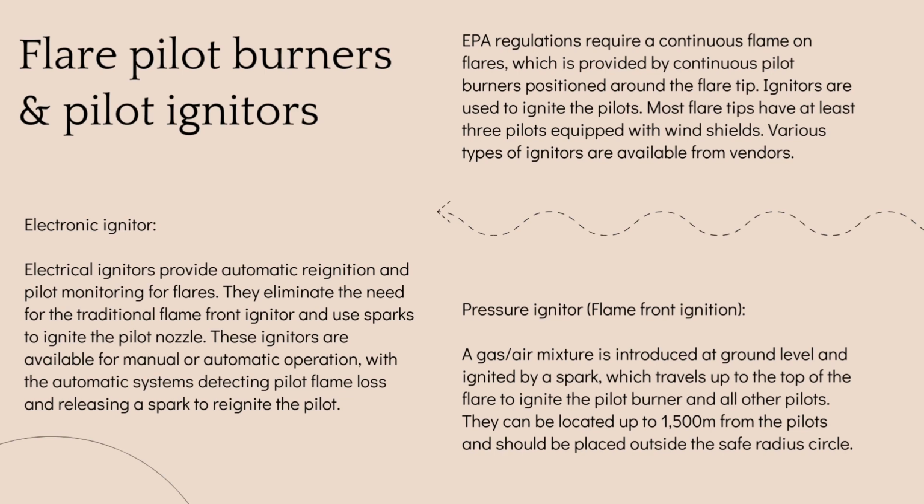Flame front ignition is where a mixture of gas and air is introduced at ground level and ignited by a spark, which travels up to the top of the flare to ignite the pilot burner and all other pilots. Electric igniter provides automatic reignition and pilot monitoring for the flare. They eliminate the need for the traditional flame front igniter and use a spark to ignite the pilot nozzle. These igniters are available for manual or